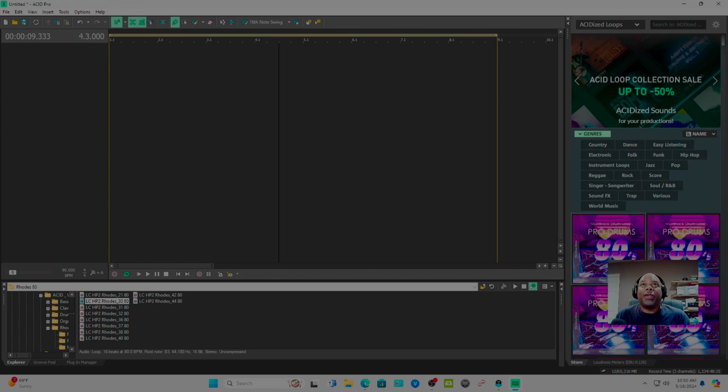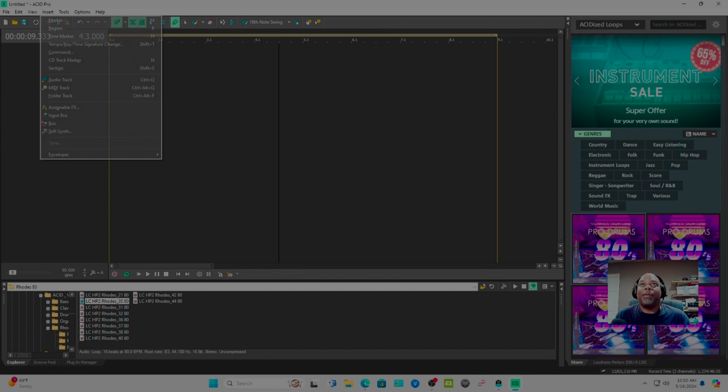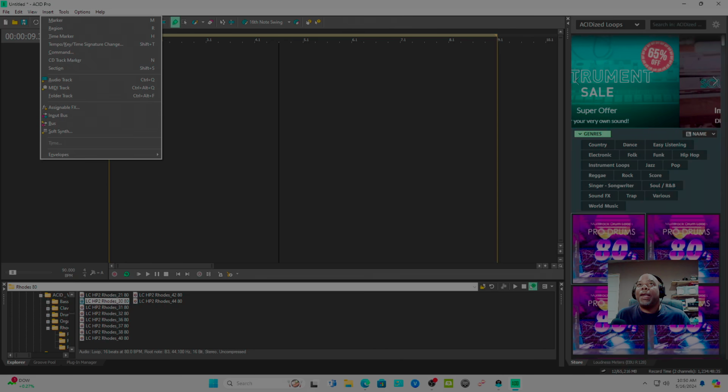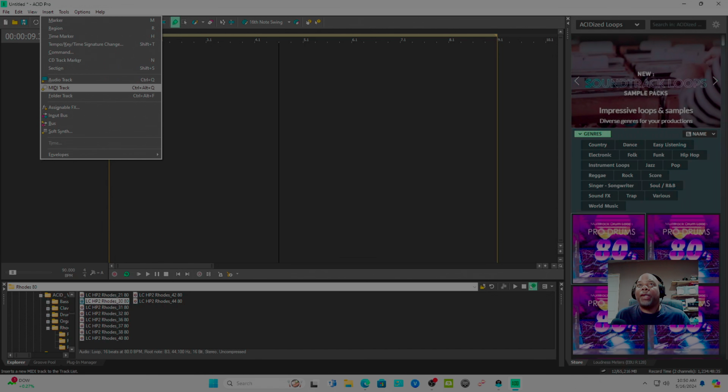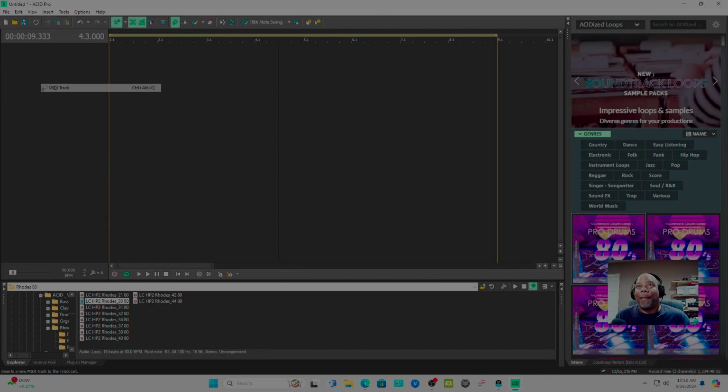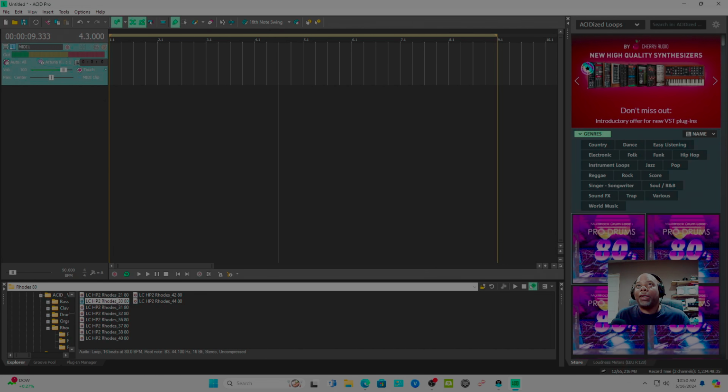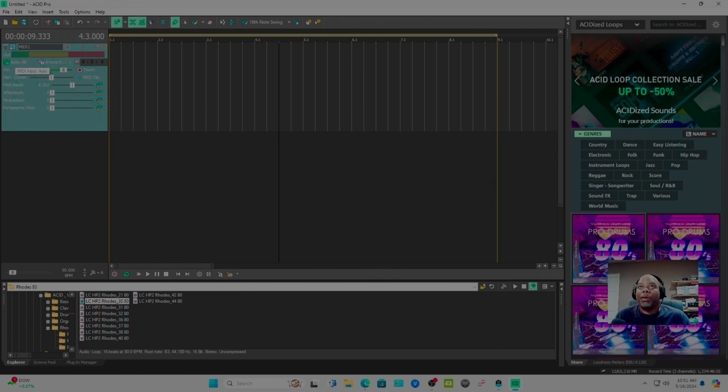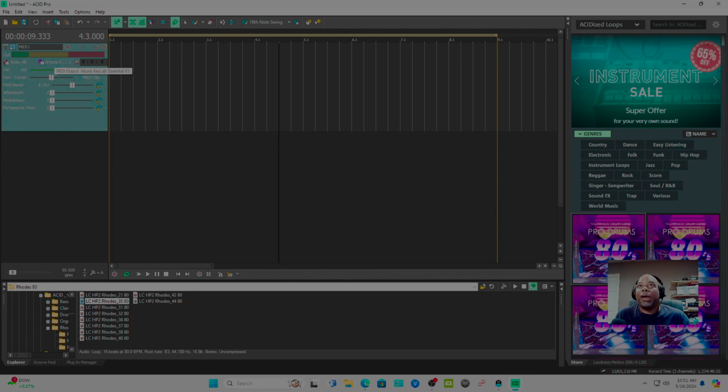So let's go to insert. Go over to the very top left because my mouse is hiding. I've got to go back and change some settings. I'm going to go to insert, right? So now I'm going to insert a MIDI track, right? And let's see how this works because I haven't done this. I'm going to pull all this down, right? Okay, audio. Let me see. Here's my keyboard right here. Output.